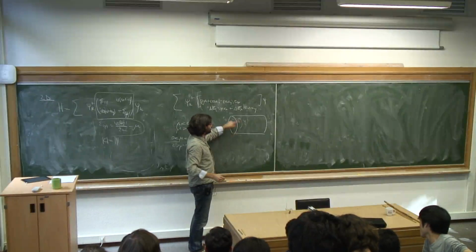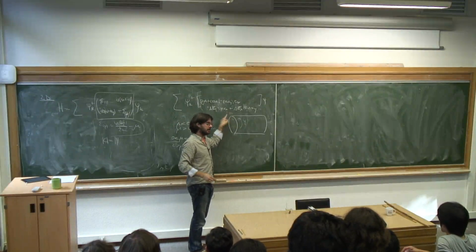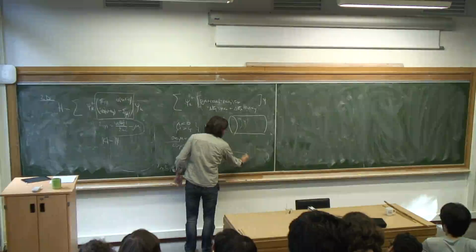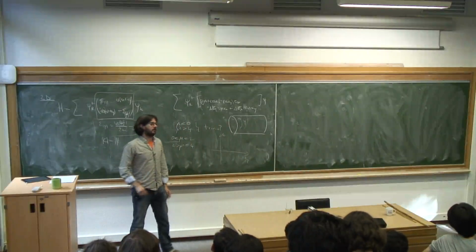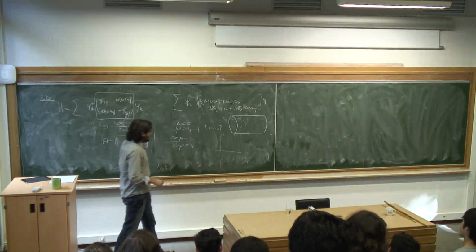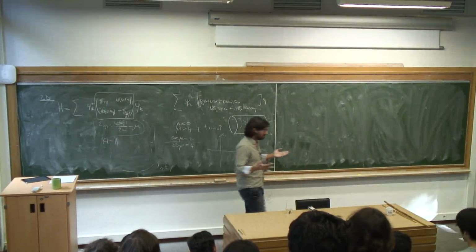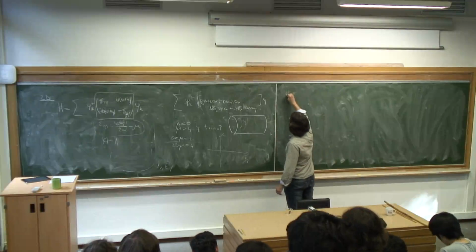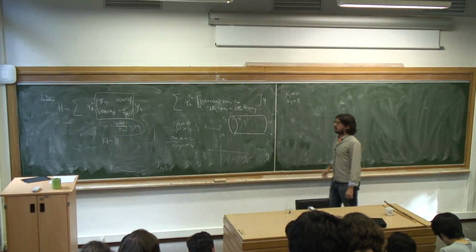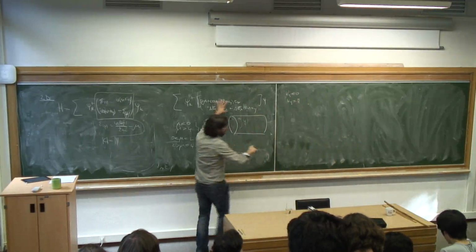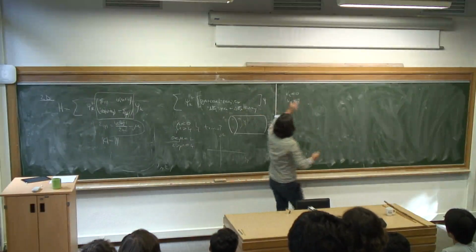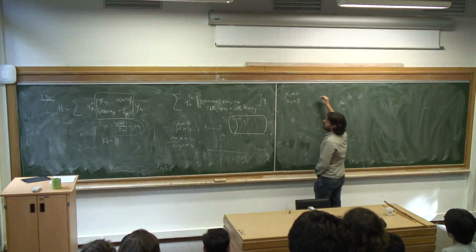In the cylinder geometry, ky is a good quantum number, so I can plot my energy versus ky. I'm going to focus on 2 different momenta, ky equals 0 and ky equals pi. Now look at this Hamiltonian, with periodic boundary conditions in both directions. But I'm going to look at the Hamiltonian at ky equals 0, and the matrix becomes,